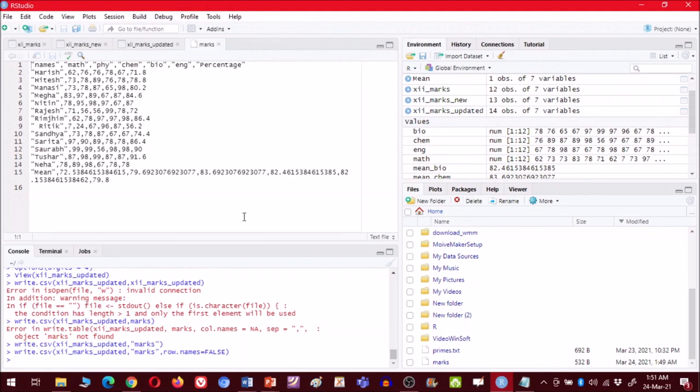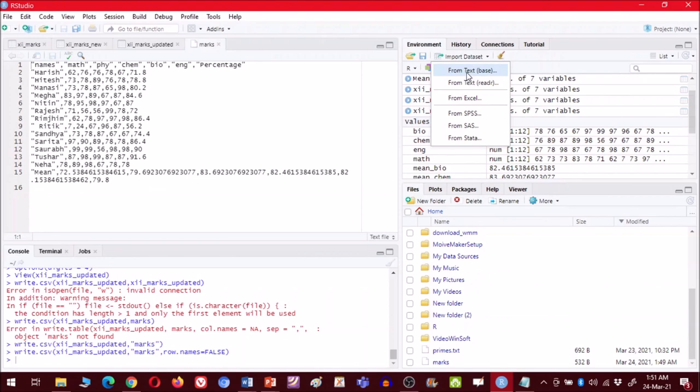To import the file, you have to click on Import Dataset. Once you click on it, it will ask you to import the file in this form. First is text, then you can also import an Excel file, or import data from SPSS or SAS. Let us first try to import a text file.